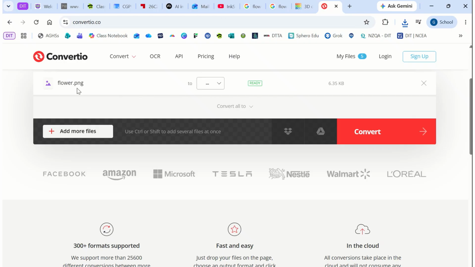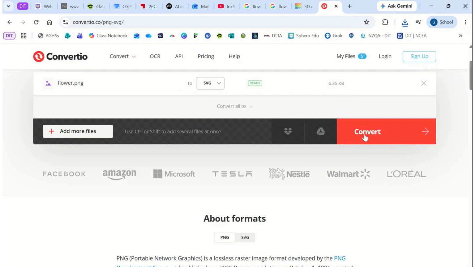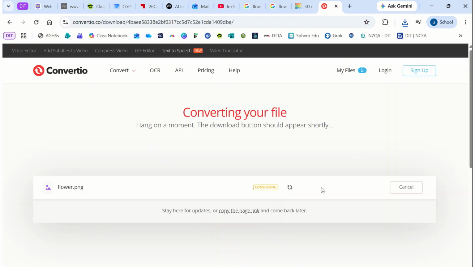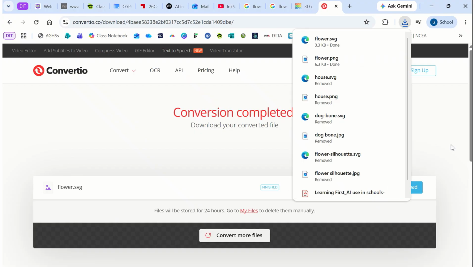Currently it's a PNG, so I'm going to cruise down here, I'm looking for vector and I'm looking for SVG, and then I hit convert. It takes a few seconds, so it's busy converting away. Once it's ready, I'm going to download it and put it back onto my desktop. There it goes. So download, kaboom,